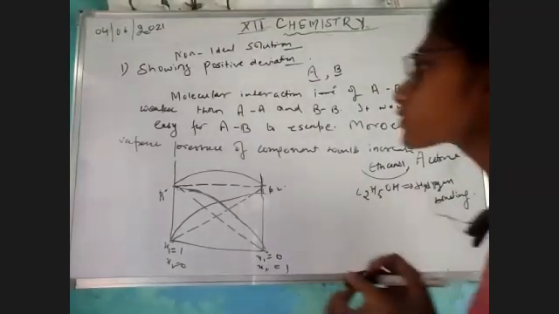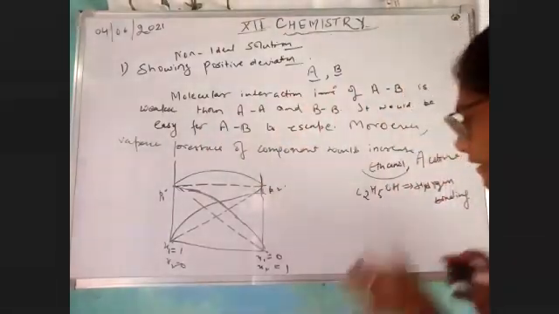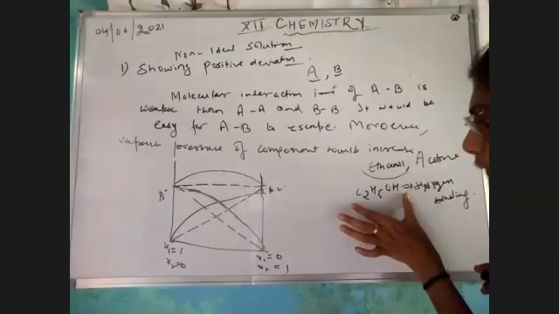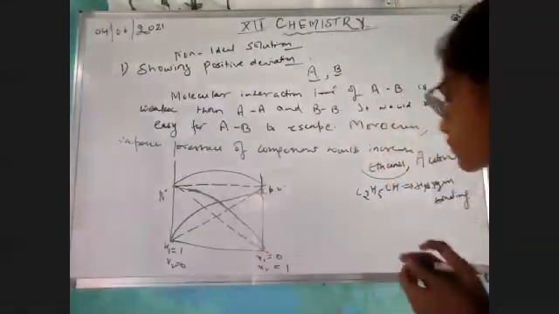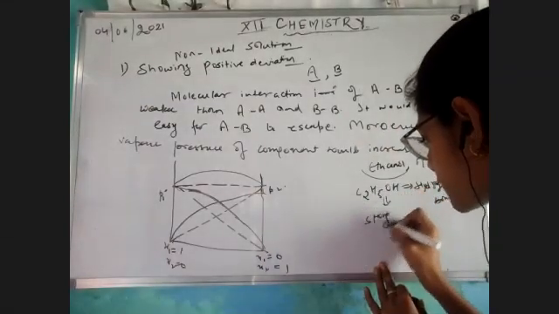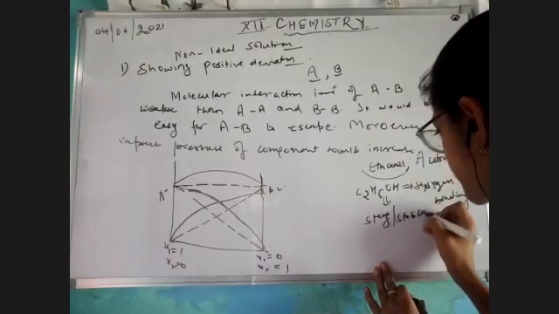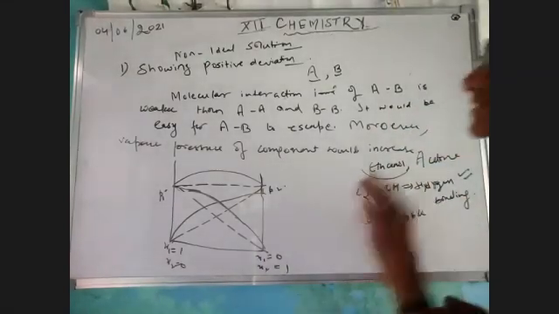Now we have said that AA and BB interaction is greater. That means a molecule of C2H5OH with another molecule is very strong, or we can say very stable, due to hydrogen bonding. But if we add acetone into it,